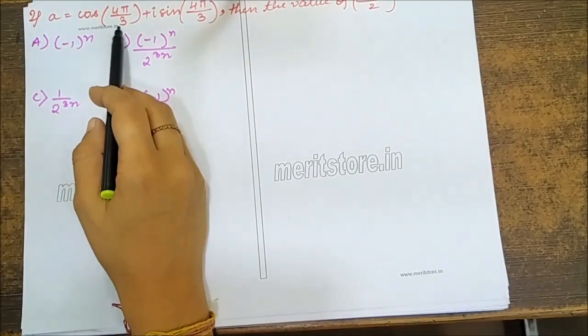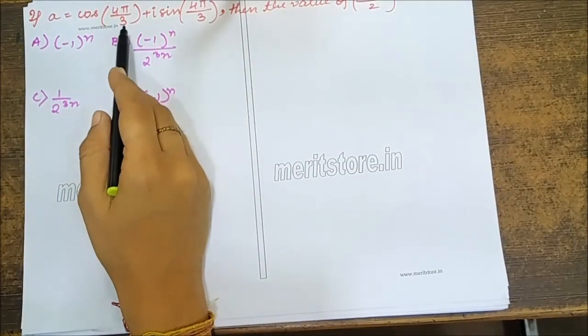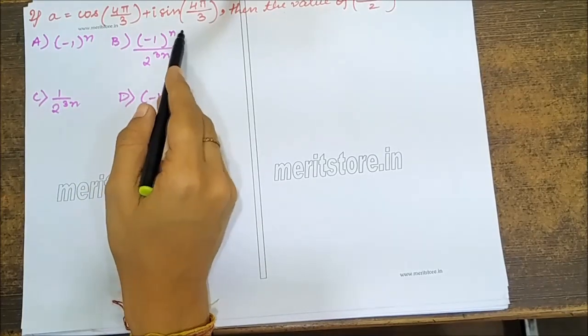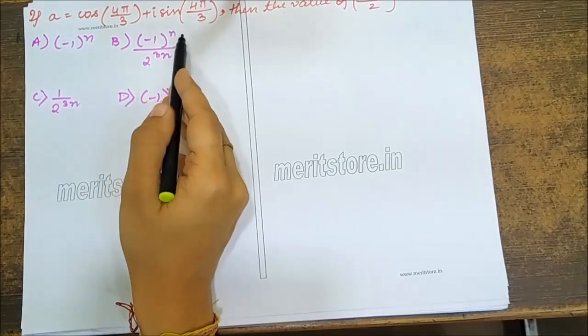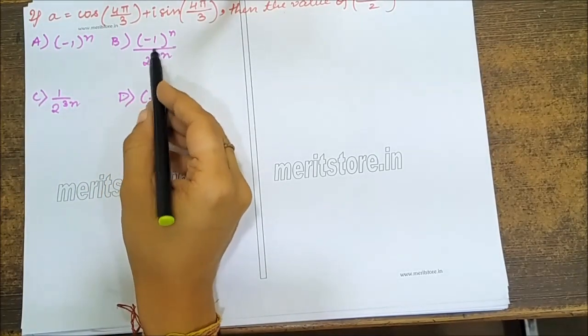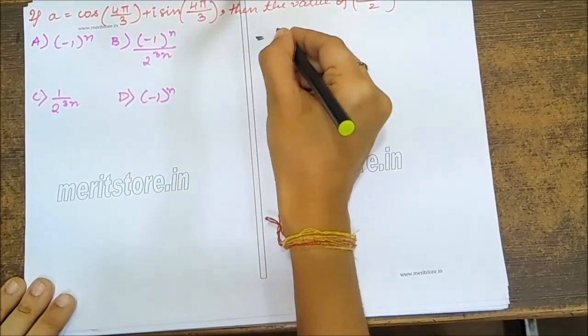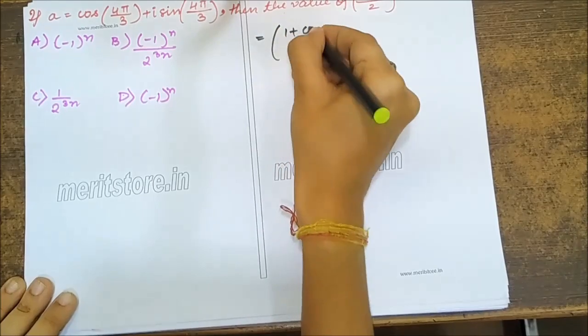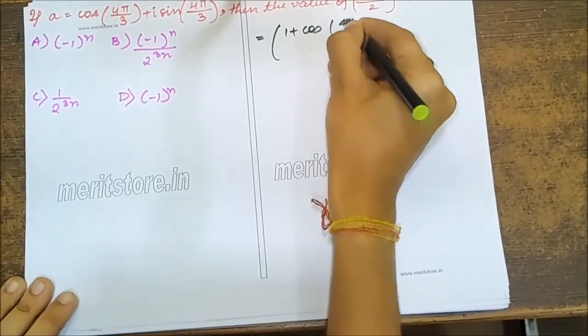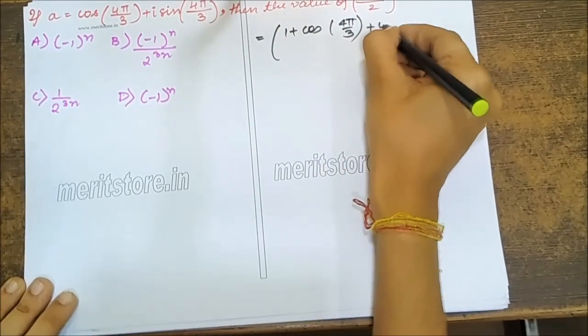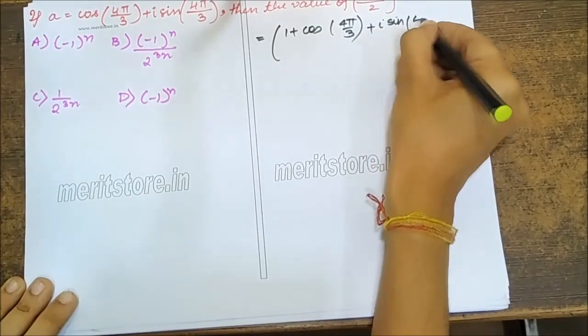A is equal to cos of 4 pi by 3 plus i sin 4 pi by 3. So your theta is given as 4 pi by 3. Then the value of (1 plus A upon 2) raised to 3n is equal to (1 plus cos of 4 pi by 3 plus i sin 4 pi by 3